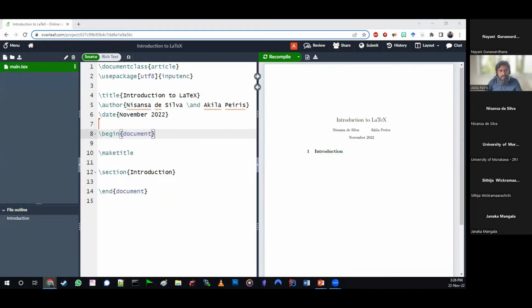Right. So now Mr. Akila is going to add the abstract to this document, and you will see that he would be just typing it in within this document with an opening and a closing. Right.